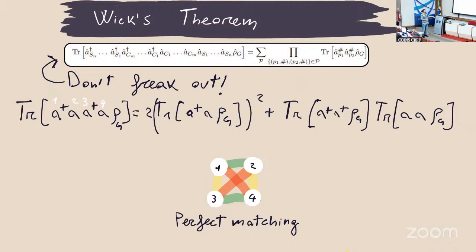Yet it allows us to perform this computation exactly. So I don't have to put any truncation to the Hilbert space, and I can simulate non-Gaussian dynamics using only the property of the covariance matrix, because at the end of the day, this is all this expression reduces to computing sum of product of two-body correlators, which is all encoded in the covariance matrix of the system.